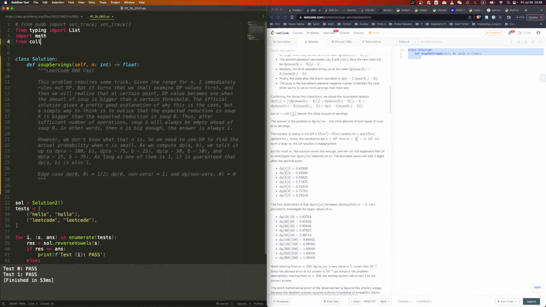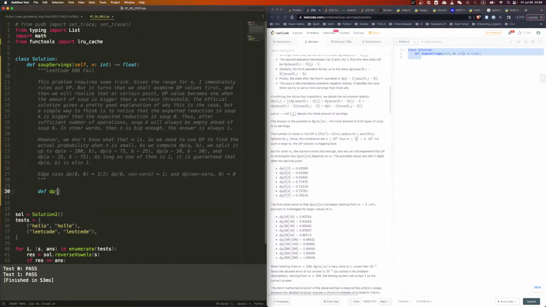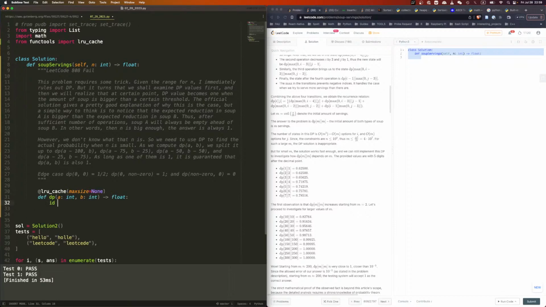So we can say from collections import, from functools import cache, right? Cache it. Define dp of A, B returning a float. Okay. If A equals B equals 0, return 0.5. If A is 0 and B is not equal to 0, return 1. If A is not equal to 0 and B is 0, return 0. Otherwise,